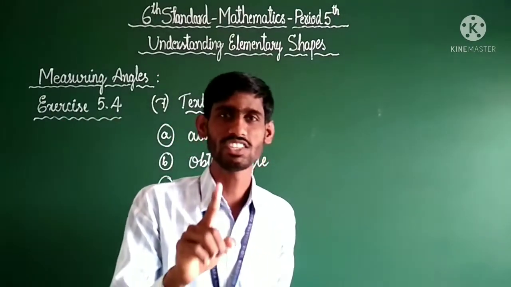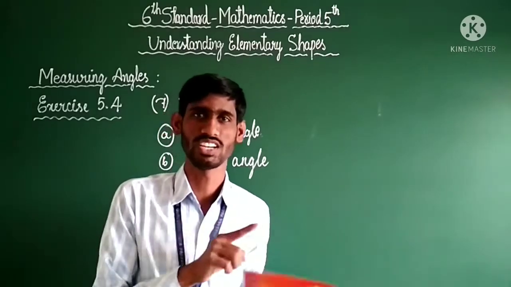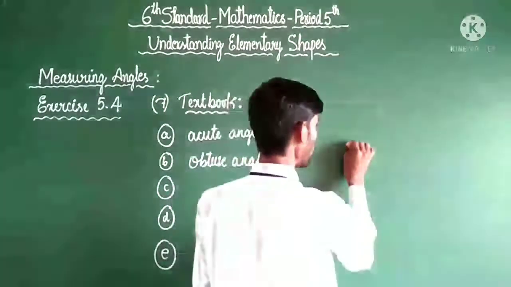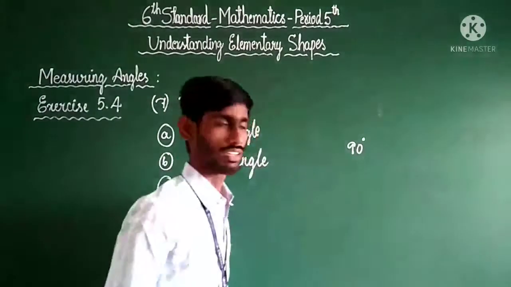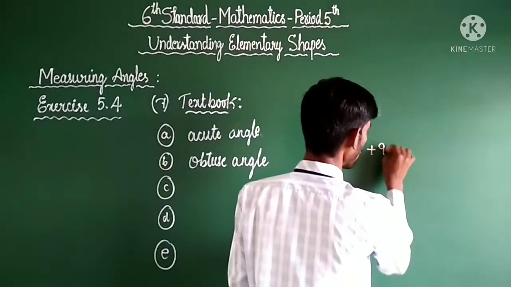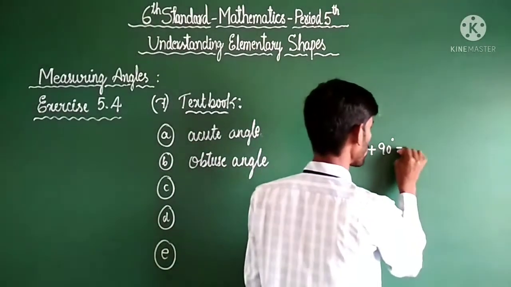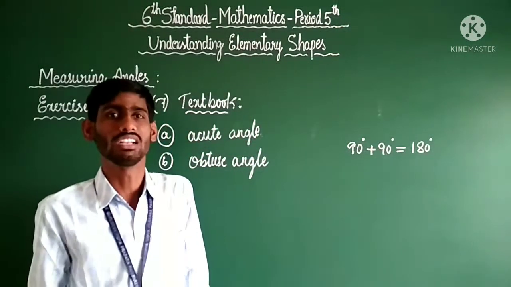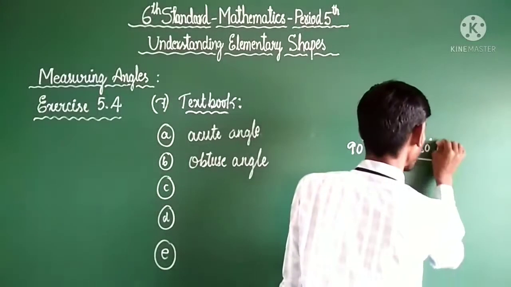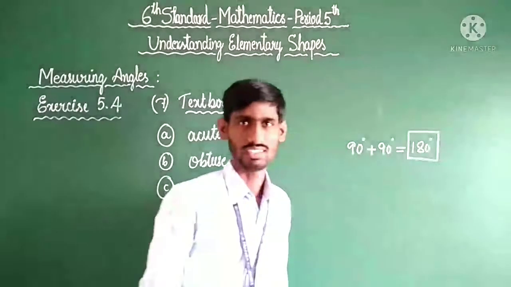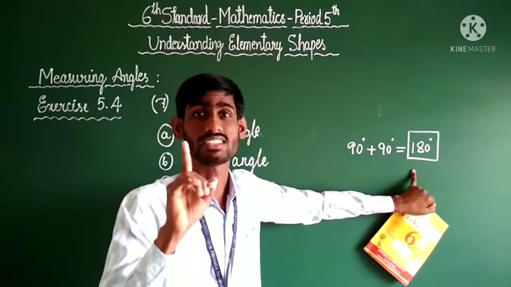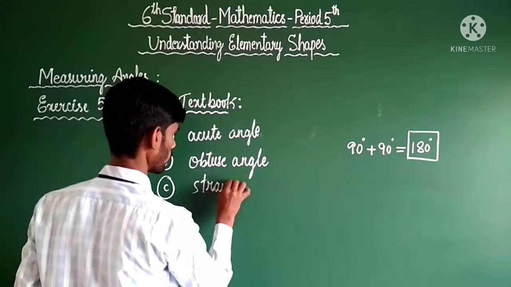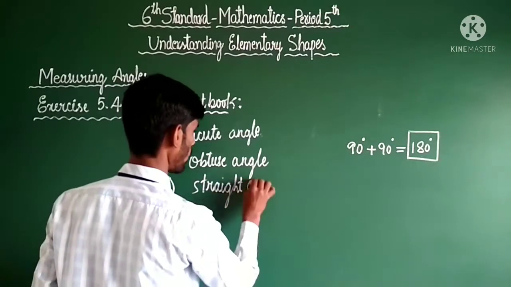See, an angle whose measure is the sum of the measures of two right angles is dash angle. It is a logical question. Two right angle. What is the right angle measurement? Dear children, right angle measurement is 90 degree. How many right angles here? There are two right angles. 90 degree plus 90 degree is equals to 180 degree. If we add two right angle, which type of angle will we get? We will get straight angle. 180 degree, it indicates straight angle.